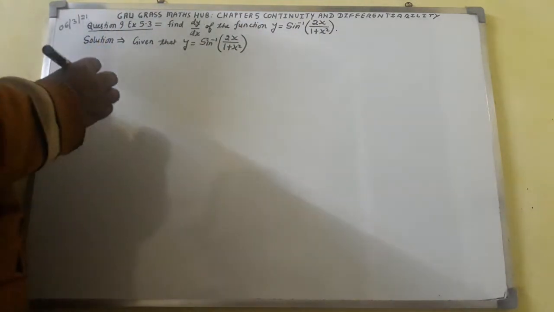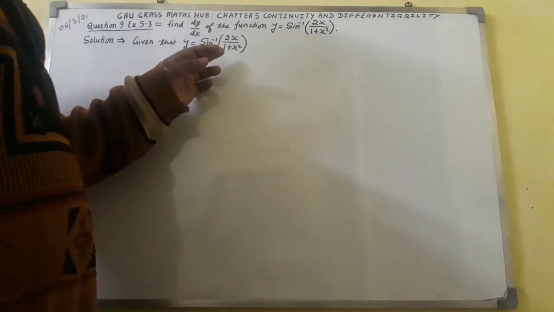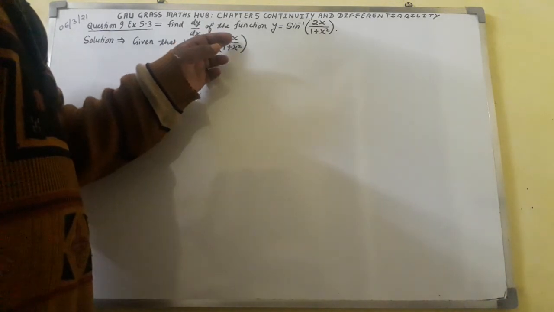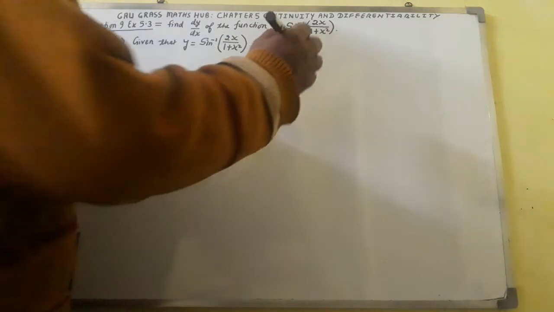Here I shall write, you might have remembered the formula, on the basis of this identity 2x over 1 plus x square. Formula is